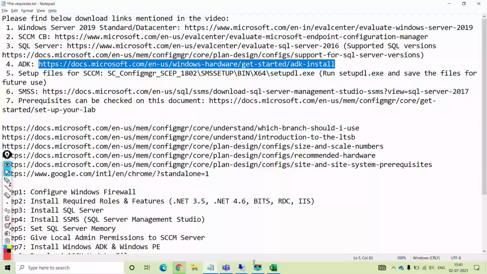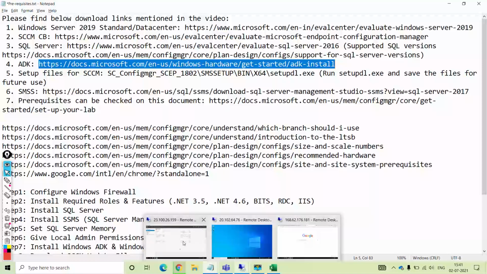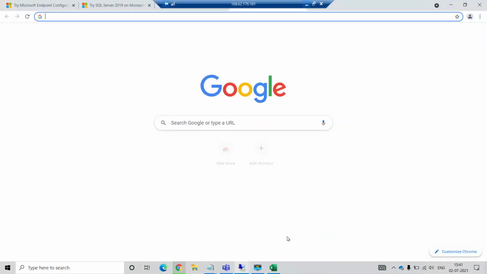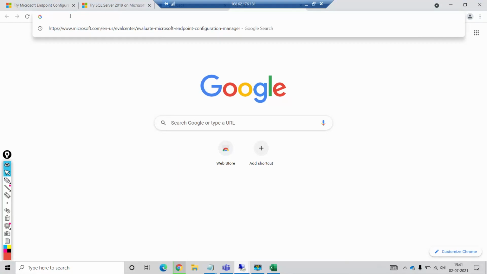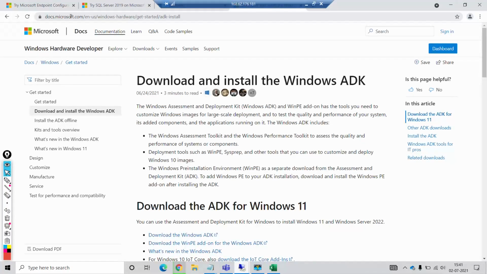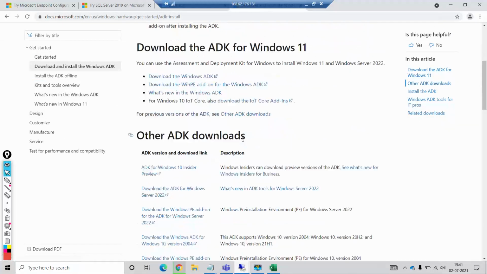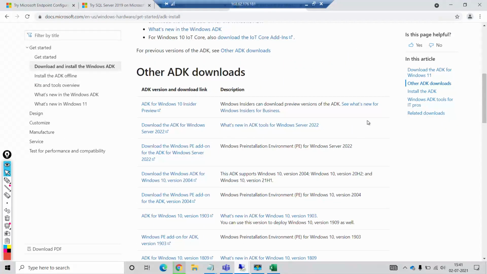So I'll go to my virtual machine. So here also I need to first check which version of ADK is supported for our SCCM server 2103. Right, so here if I come down, 2103. Or let's say, our Windows 10 is of which version?